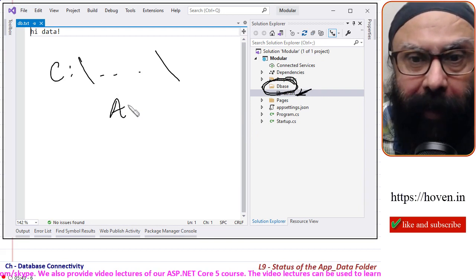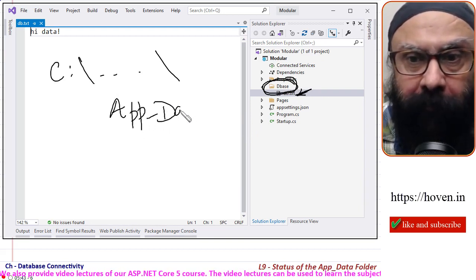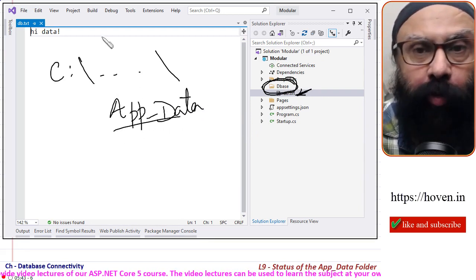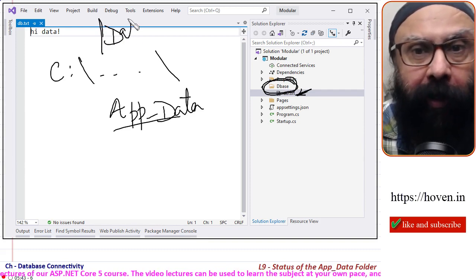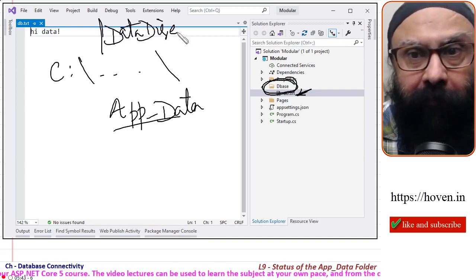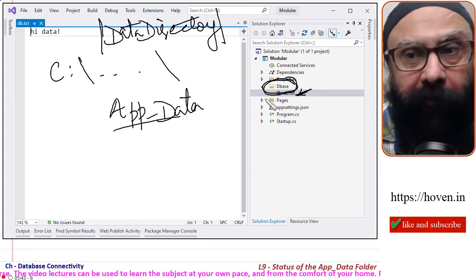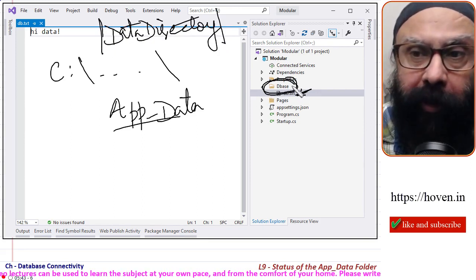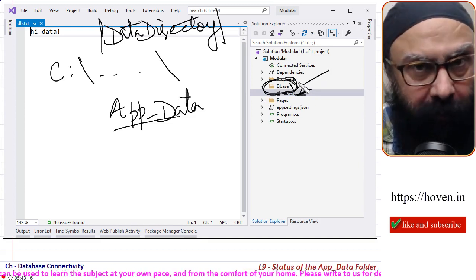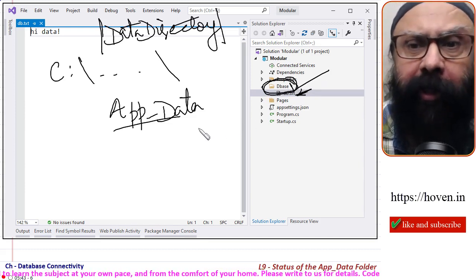In case of app_data, the path could be obtained by using a data directory. But what do we do in case of ASP.NET Core to obtain the path to this? You might be saying that we can use